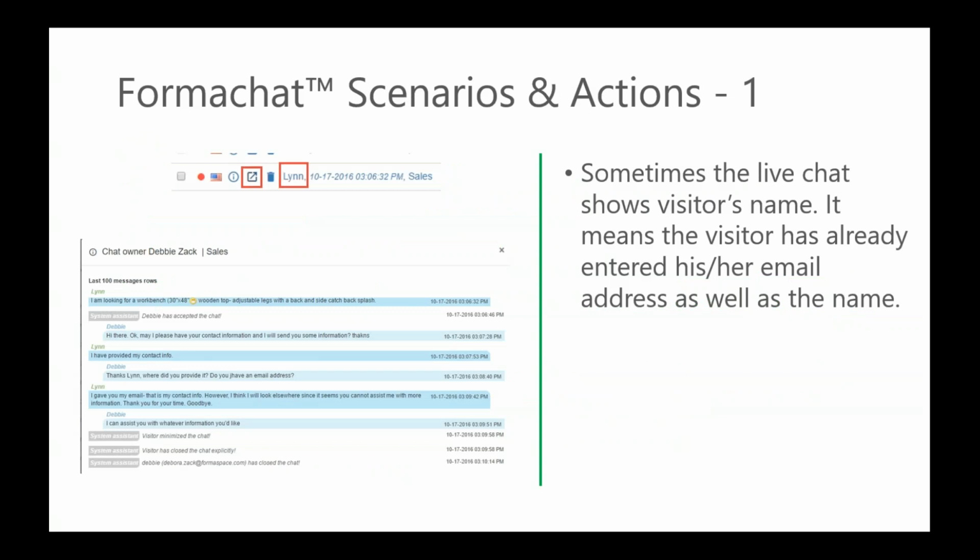All right, so now I'm going to show around 10-15 scenarios, and hopefully that will help us as we move forward, so that we're going to generate more leads. So the first scenario is